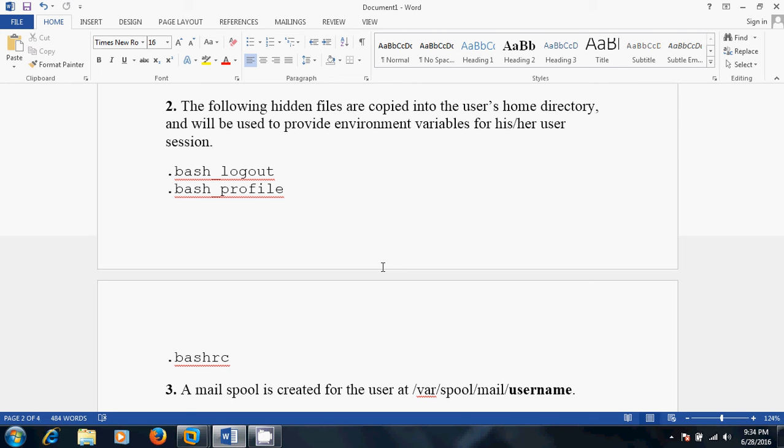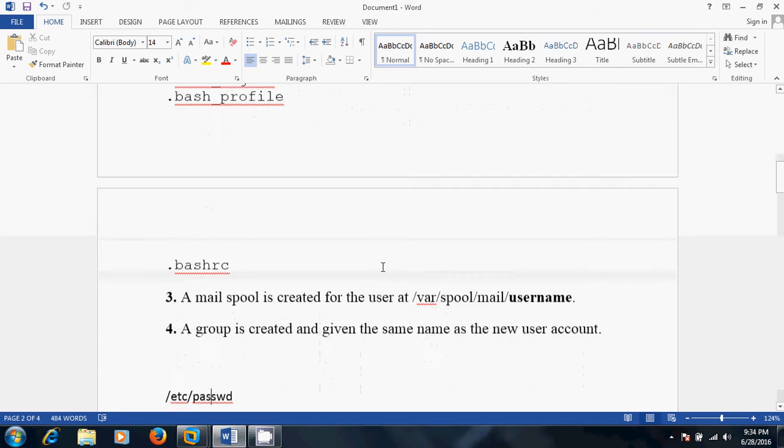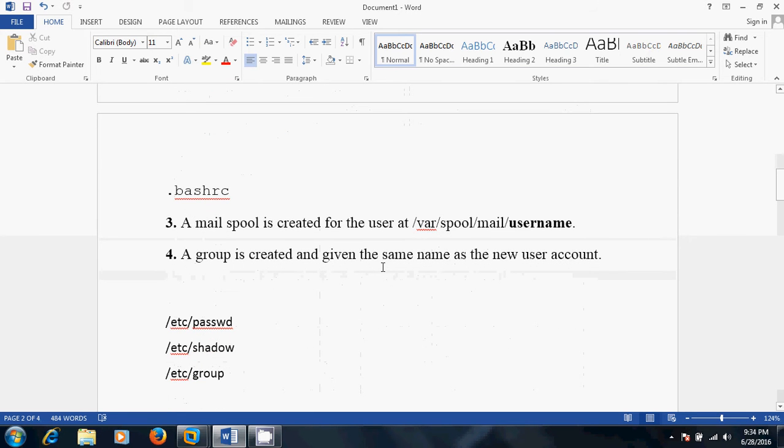And the last one is .bashrc. It defines functions and aliases. Now let's move to the third point. Third point is a mail spool is created for the user at /var/spool/mail/username. And the fourth point is a group is created and given the same name as the new user account.